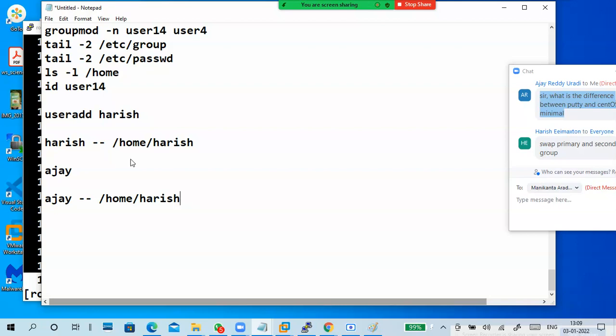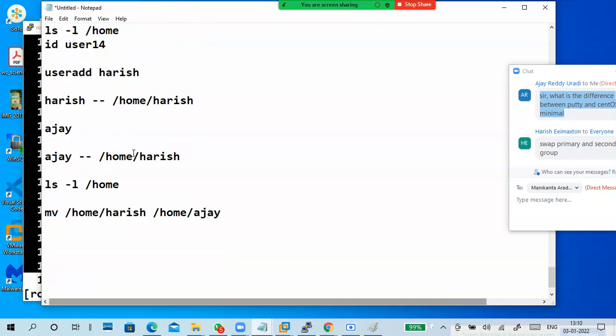So what I did, I changed the name of the home directory in both the settings and the actual folder. First of all, I ran ls -l /home. Then I ran mv /home/Harish /home/Ajay. The original folder I changed first. Then in the settings also I modified it, so /home/Ajay for the Ajay user.